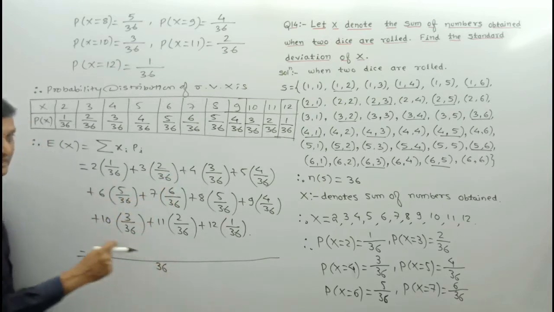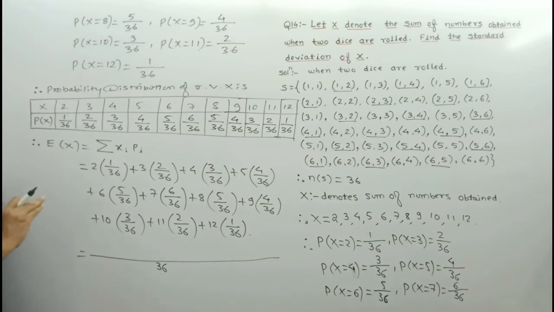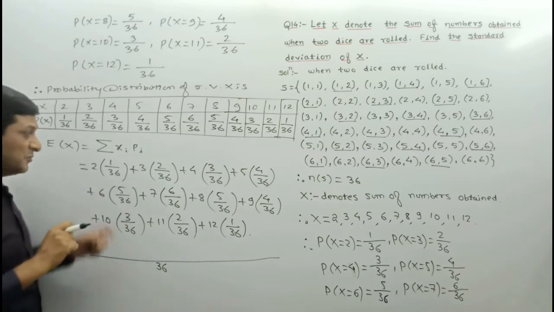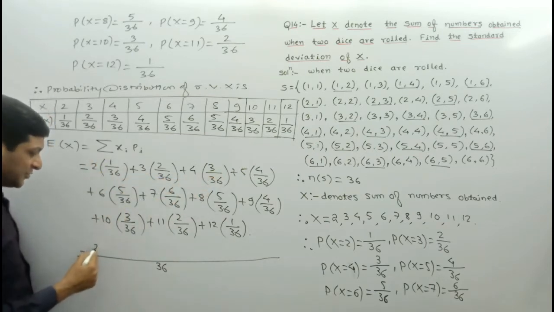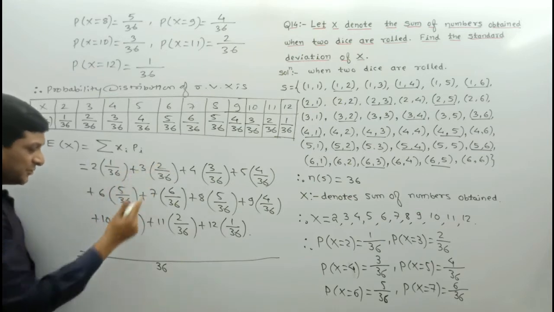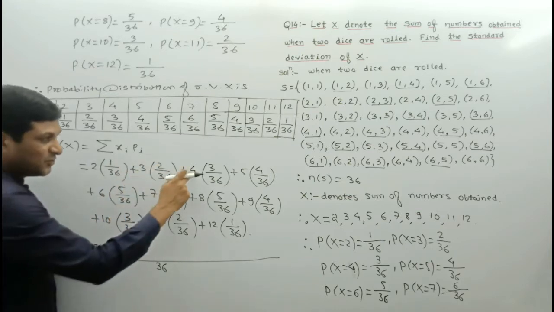Denominator of every term is 36. Now let us see what number we are getting in the numerator. Simply we are taking addition of the numerators since the denominators are the same. So here the numerator is 2 into 1 is 2, plus here 3 2s are 6, plus 4 3s are